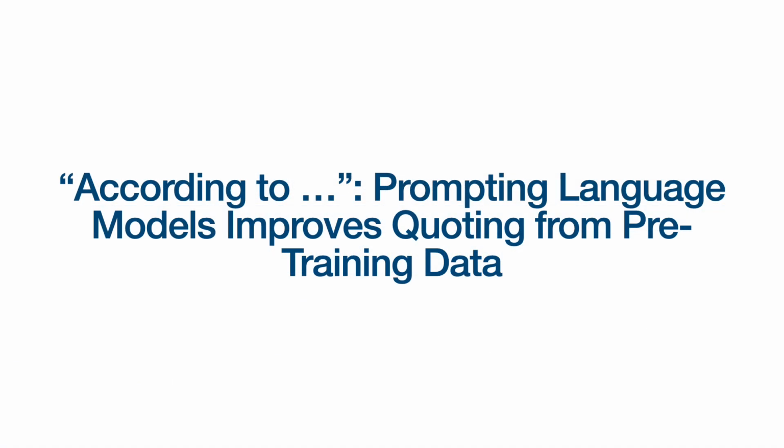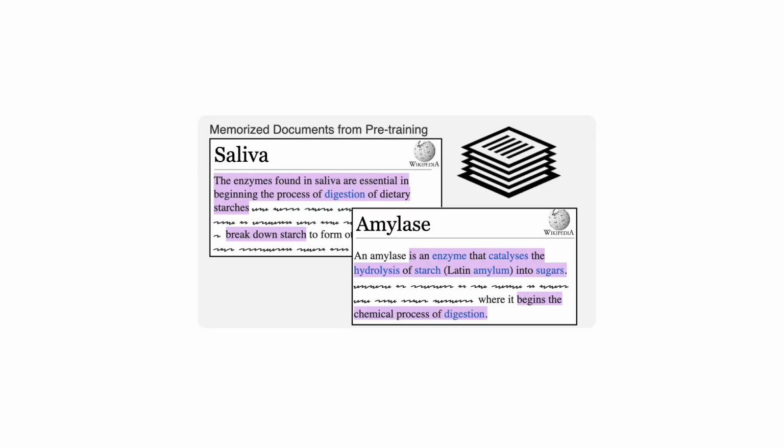In this paper, we draw on the journalistic device of "according to" sources, and find you can simply ask LLMs to ground their responses against parts of their training data. We know that language models can memorize information. This can be harmful, for example, if it memorizes PII, or it can run counter to generalization and result in brittle systems that simply memorize answers. However, we hope to leverage memorization of trusted knowledge sources.